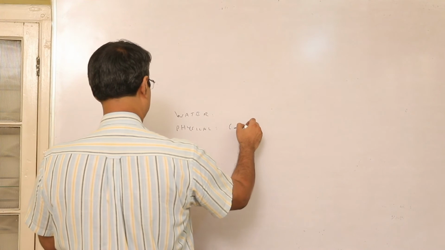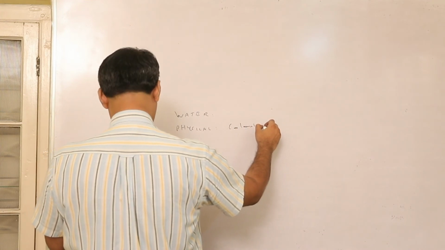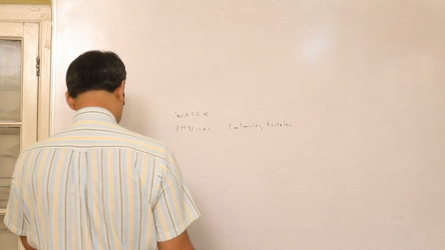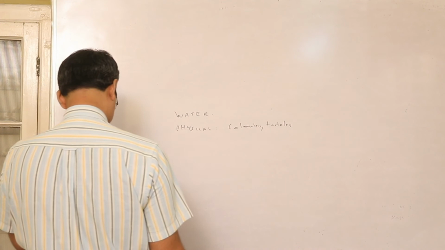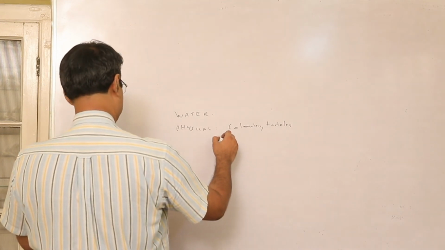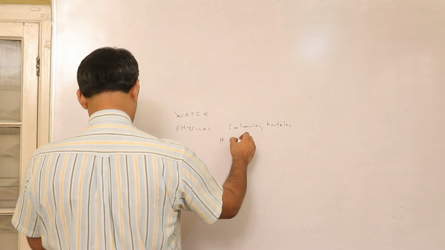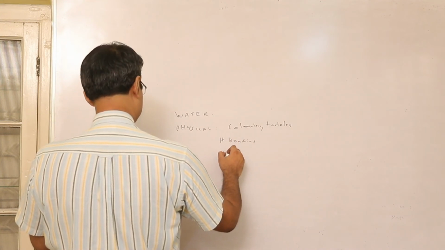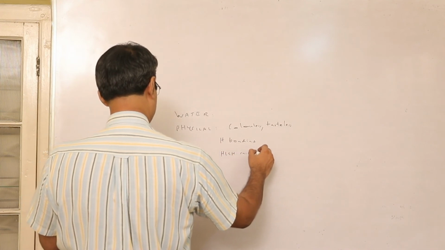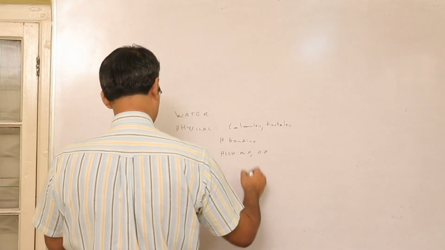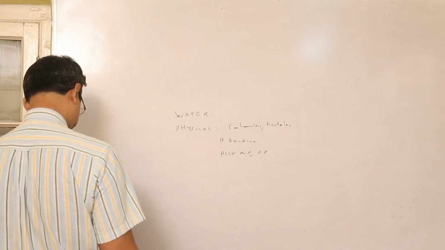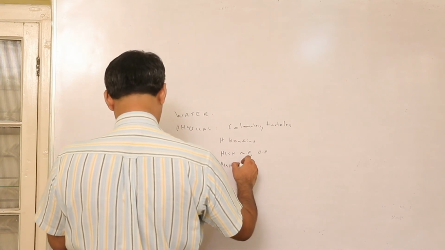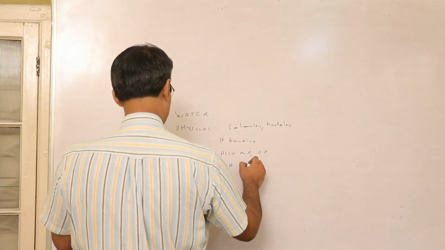First of all, we all know that water is colorless and tasteless, and one more thing is that water is capable of hydrogen bonding. So due to that, it has a high melting point and boiling point both. And due to the same reason, it has got high latent heat of